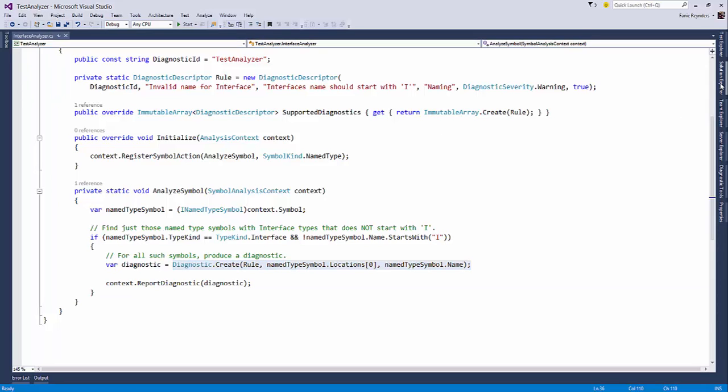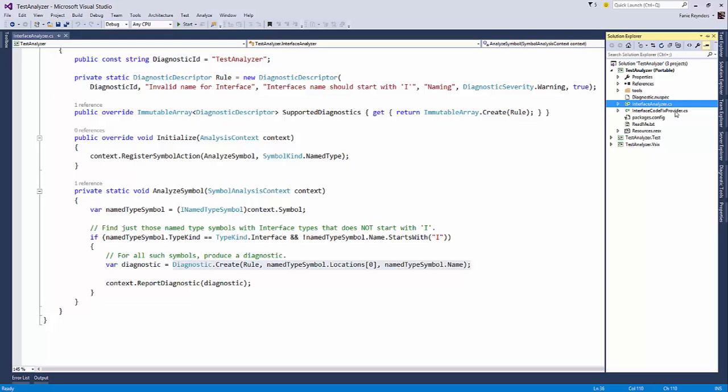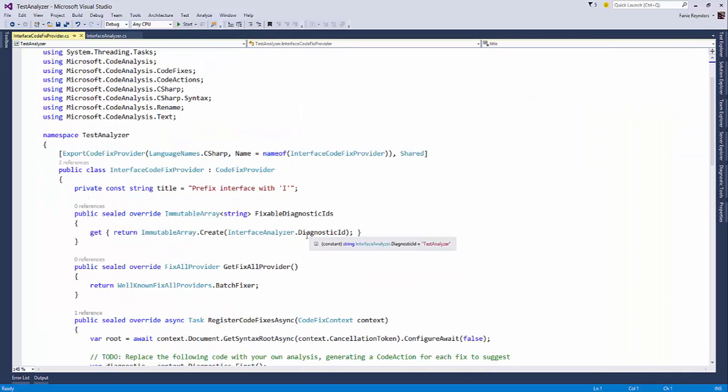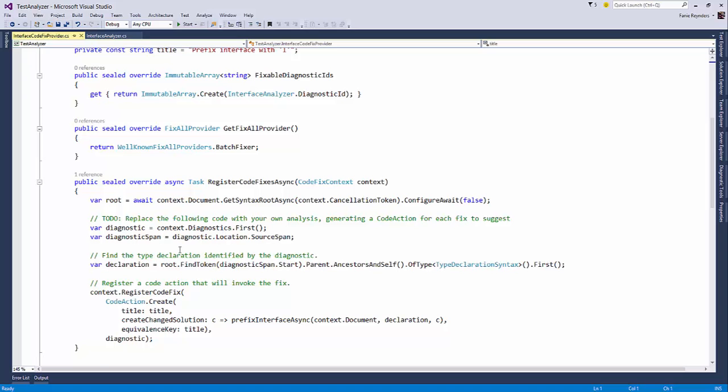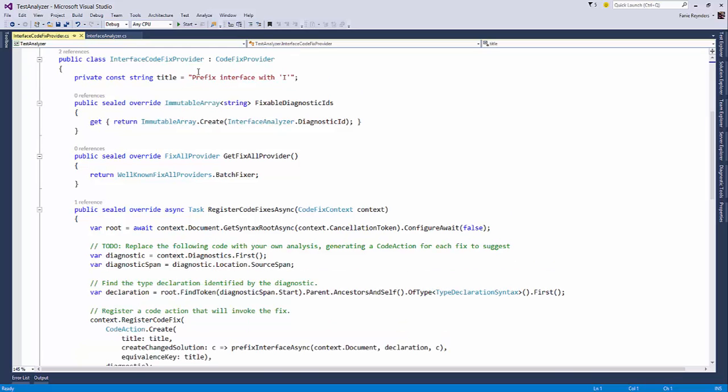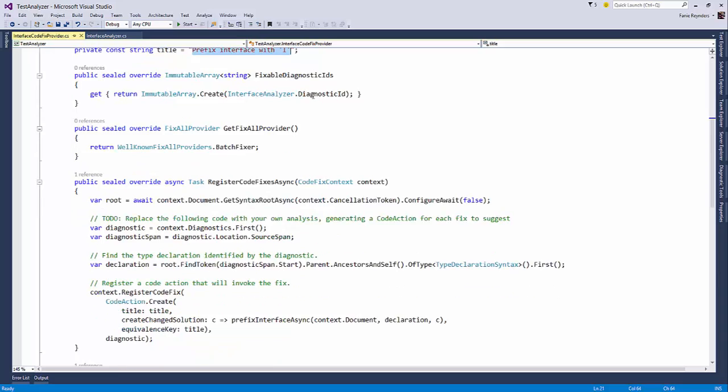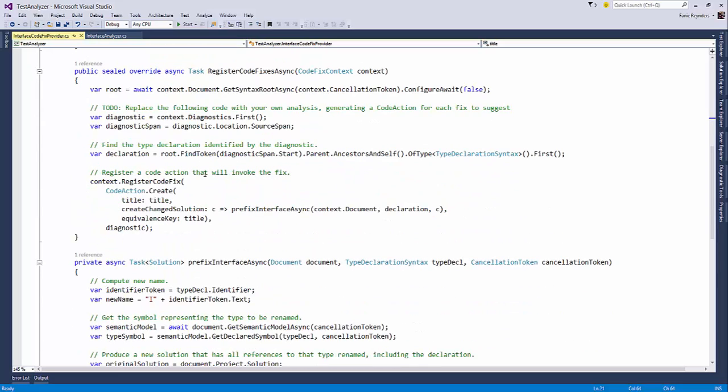Having said that, when we go back to the code fix provider, this is the code fix provider that we can use to alter our code if the rule does not pass. So here I basically say the title should be "Prefix interface with an I", and it basically does a bunch of stuff.